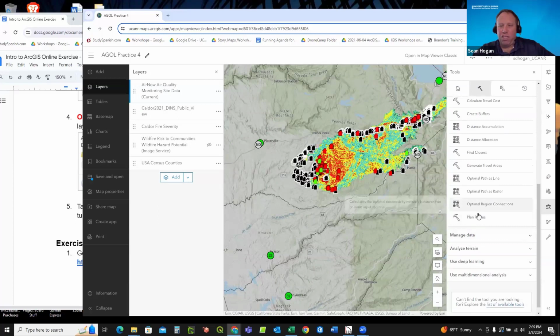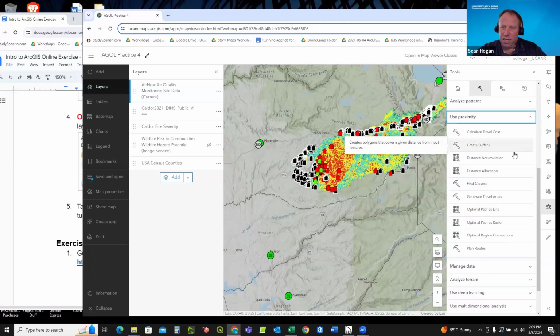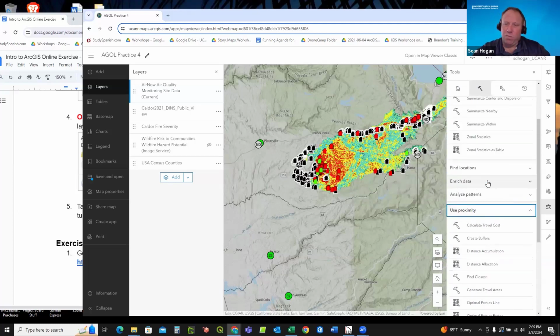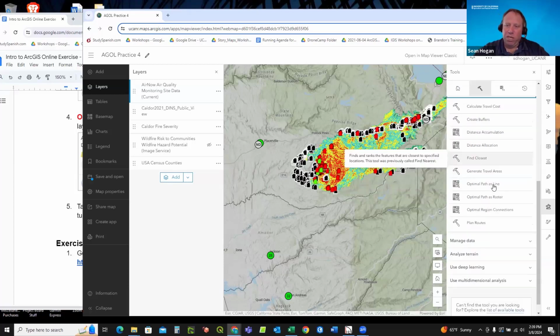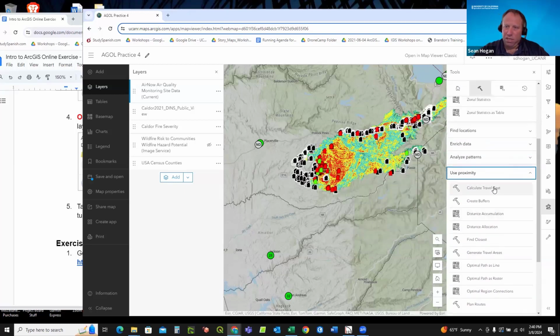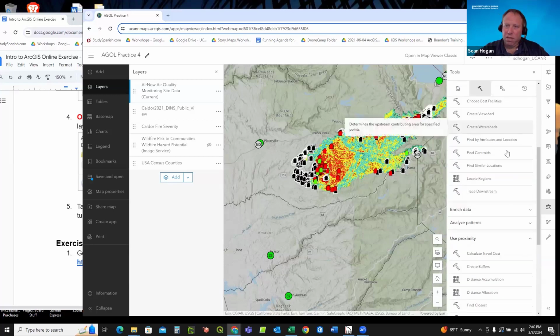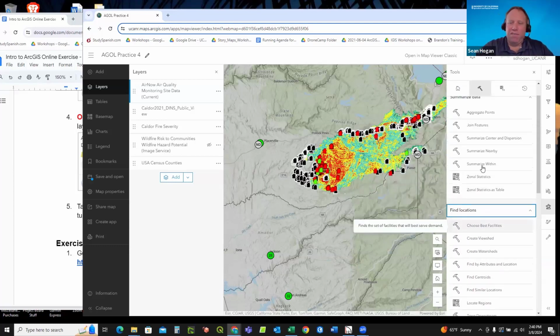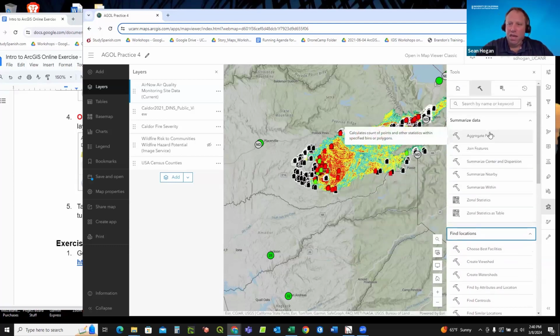Use proximity, and let's see, I thought it was proximity. You can enrich data. That's one way to do it. What you do is, where did it go? Find closest, calculate, no. So you can run any kind of analytical process on it. And join features. Here's a good one. Summarize data. If you join features with, say, the